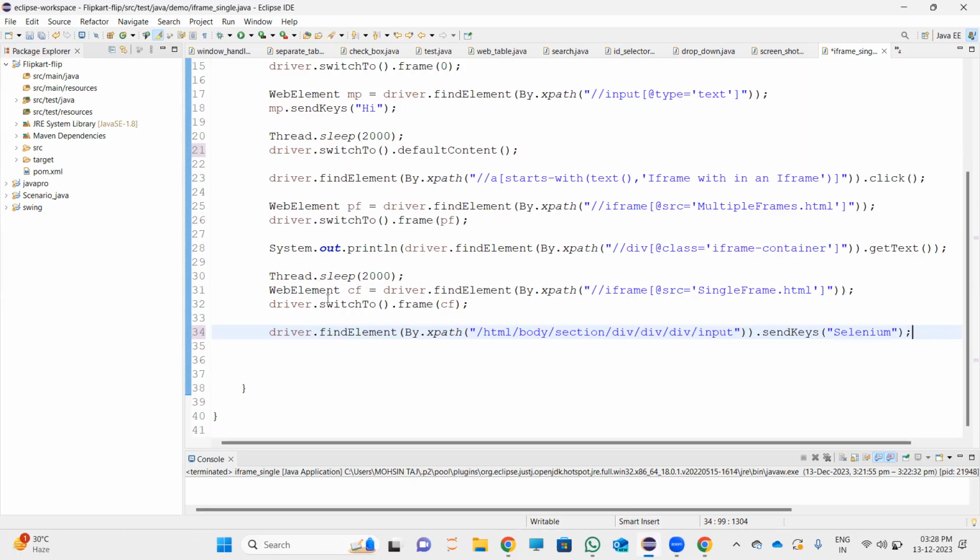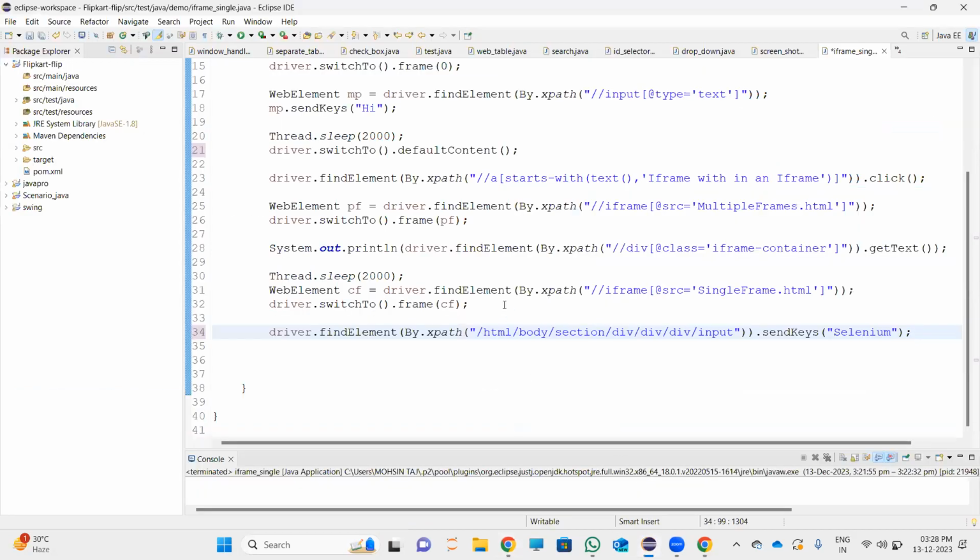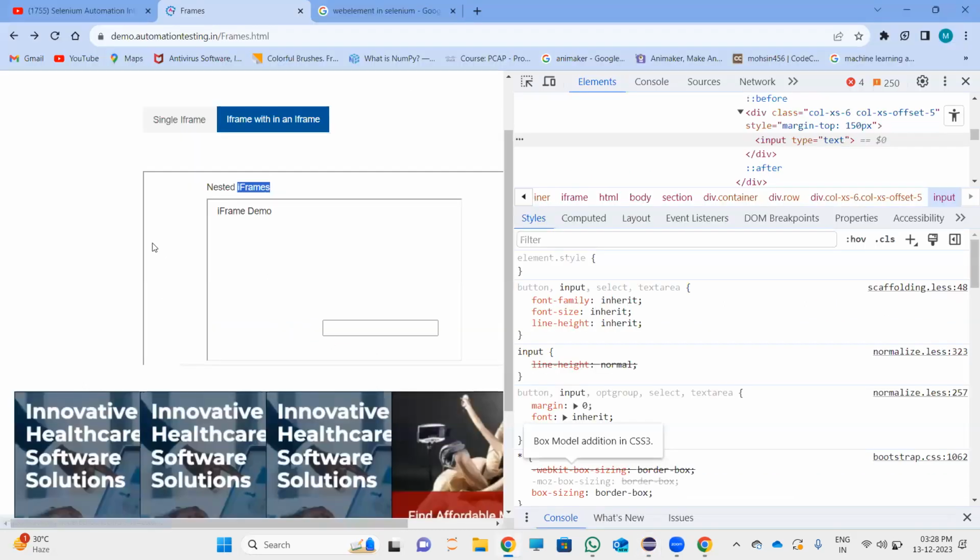I'm sorry, this web element driver.findElement XPath explains about, okay. So this is a multiple frame. So frame inside frame, right? Here first we have access for this. I'll highlight and show you the access for this. This is the multiple frame, first frame, and this is a single frame inside that. So inside that accessing only, we are taking another web element and we are giving the XPath as iframe at source single frame. Okay, so again we are switching it. After switching it only we can send values inside the input text box. So this is what it explains about